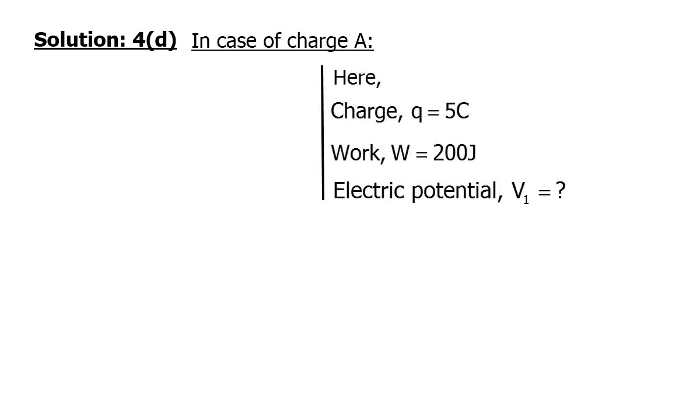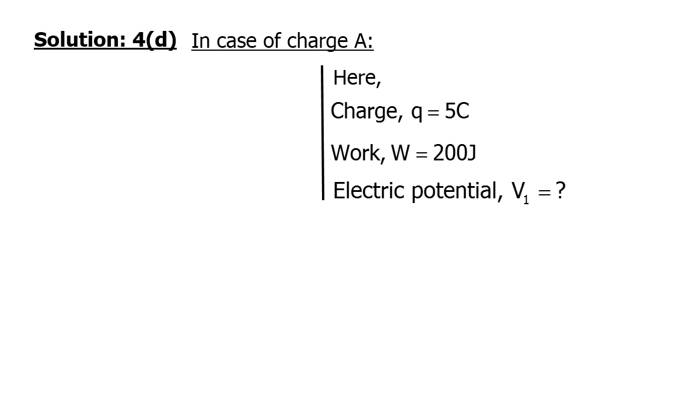Now solution number D. In that question, we have to calculate in which direction the electron will flow. That is why we have to find out the potential for both charge A and B. For charge A, we have a given quantity. The charge is 5 coulomb and the work done is 200 joule. Electric potential is V1. In that question, it is mentionable that we have to consider the charge Q is 5 coulomb, but there is another charge in point A which is 50 coulomb. We don't consider the 50 coulomb to solve the math, because